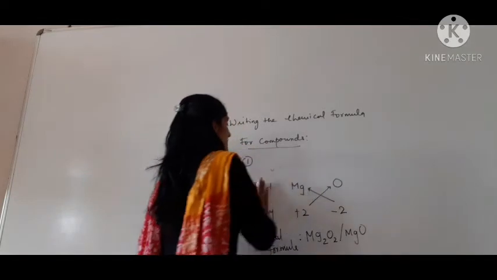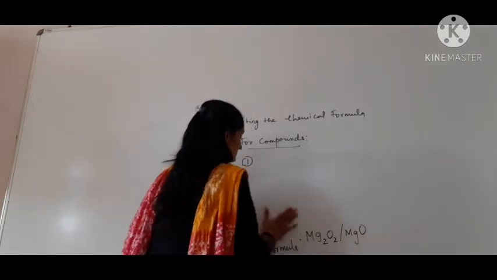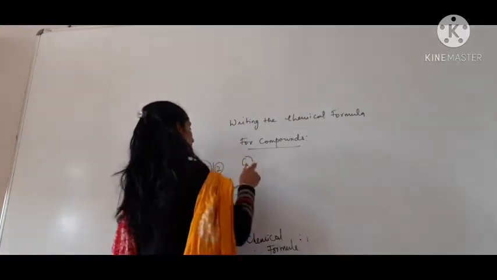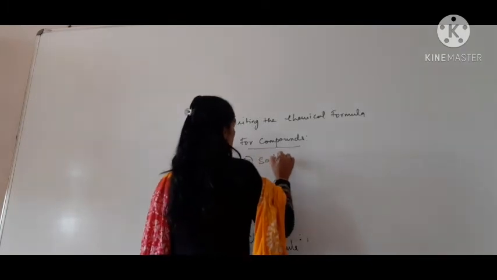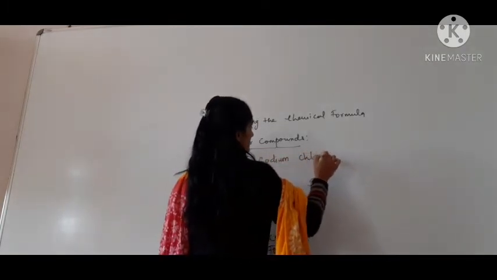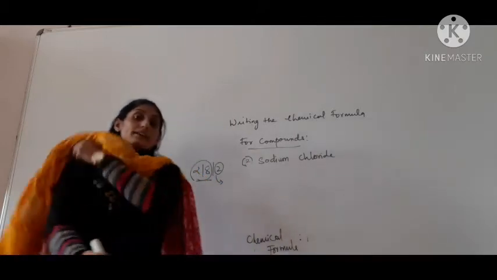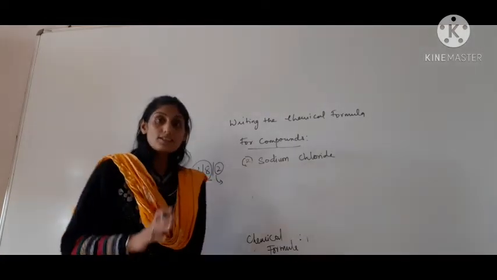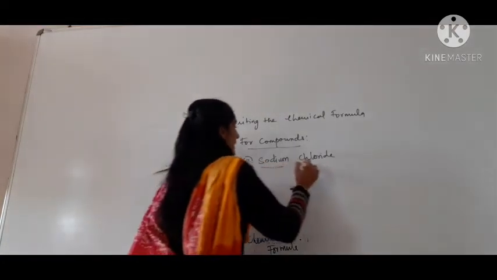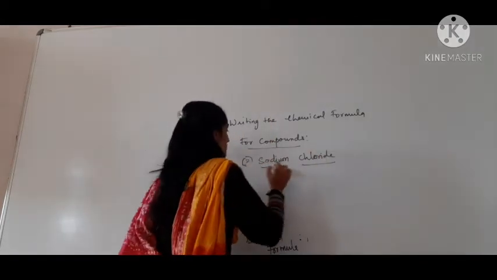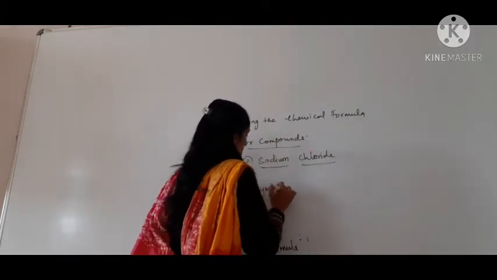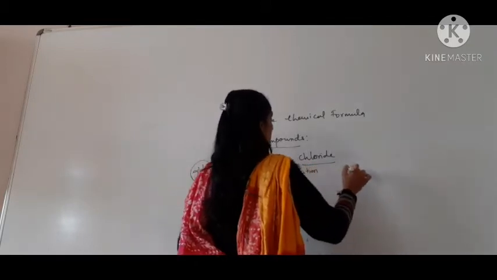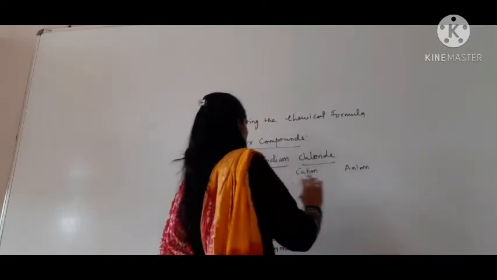Now the next compound we are talking about is sodium chloride. You have a table in which each element has a symbol along with its valency. Here sodium and chloride, that means chlorine. Here we write the cation, the positive ion, and then the anion. If you want to write these labels, write them; otherwise there is no need.